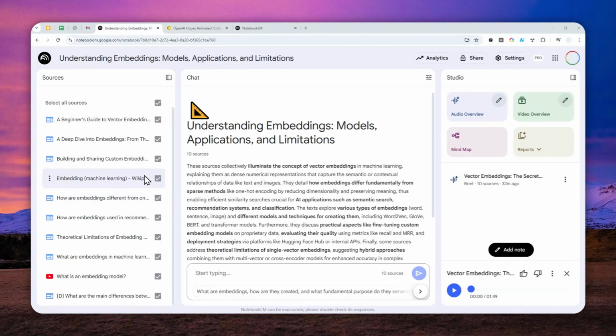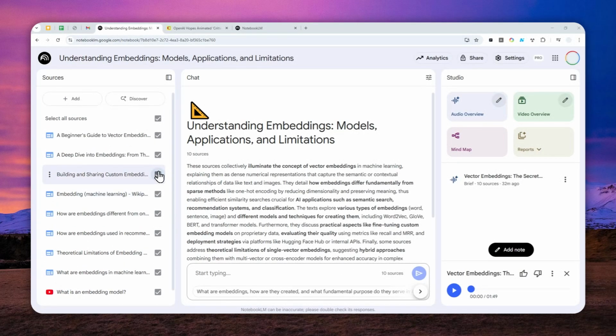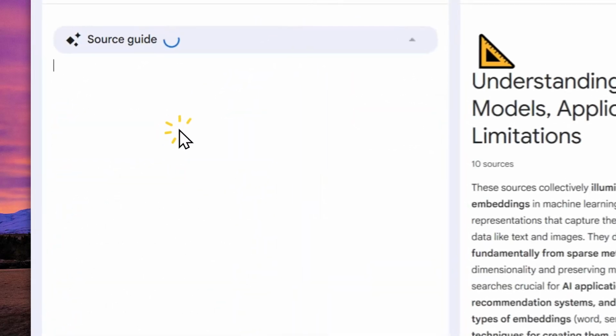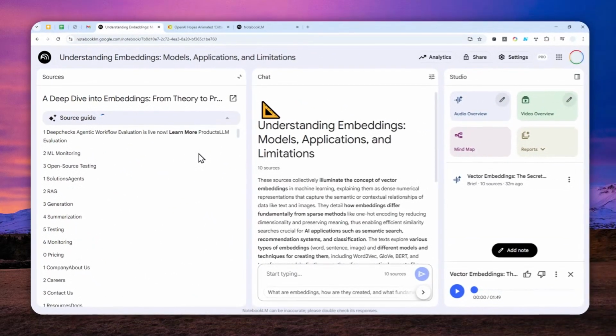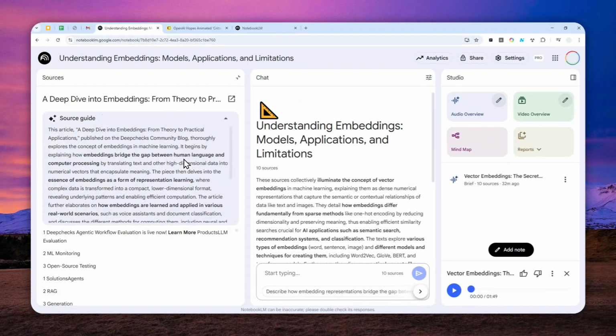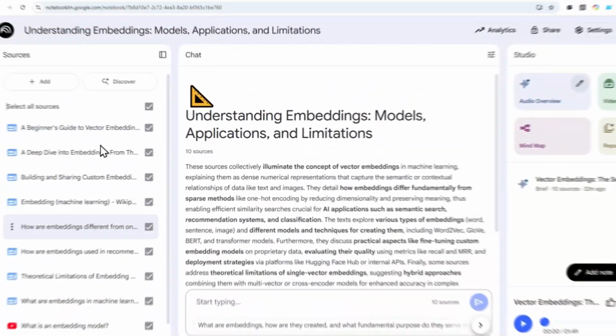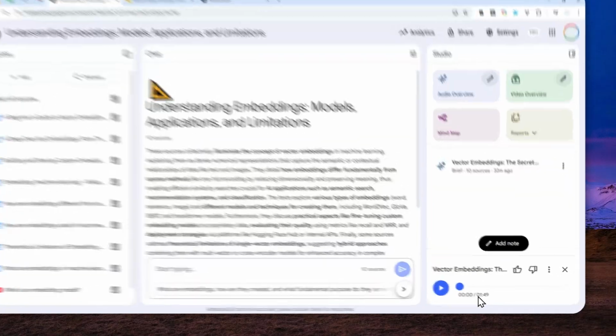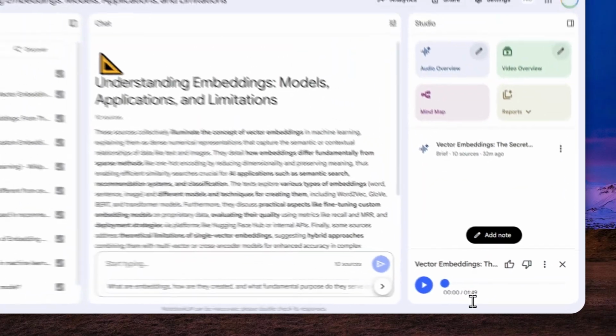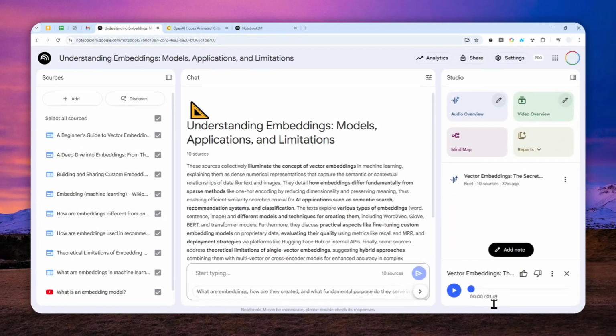So this is a notebook that I created with NotebookLM, and it contains plenty of documents, and basically the content is quite long and there is no time for me to read all of them. So I use NotebookLM to summarize everything into this very short audio that is less than 2 minutes. So it is actually now possible to create an audio overview content that is less than 2 minutes, and I